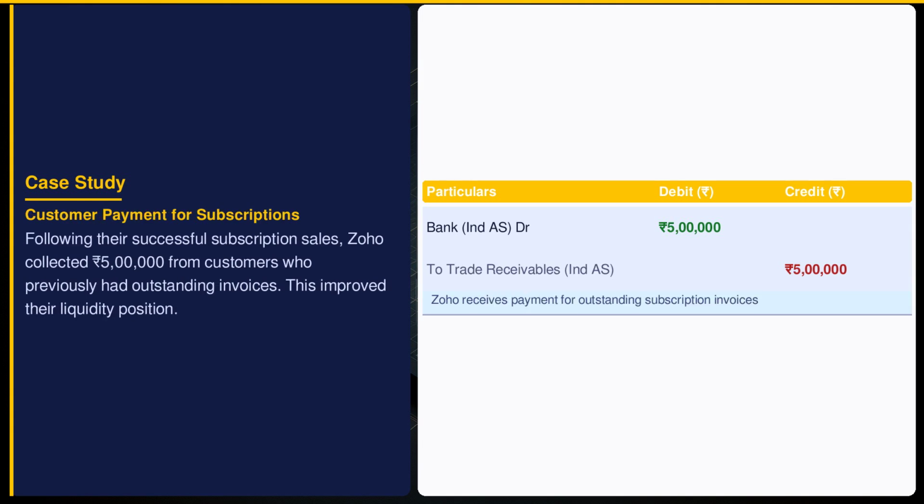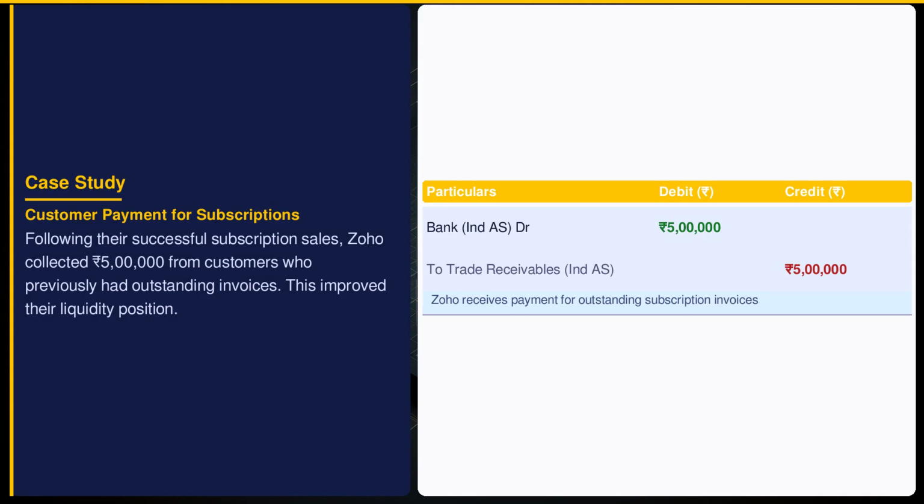Receiving customer payments is crucial for maintaining cash flow in Zoho's operations. The bank account is debited to reflect the cash inflow, while trade receivables is credited, indicating a reduction in money owed to the company. This transaction enhances Zoho's liquidity, ensuring they have the necessary funds to cover operational expenses and